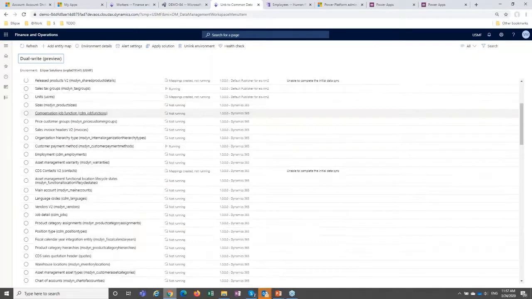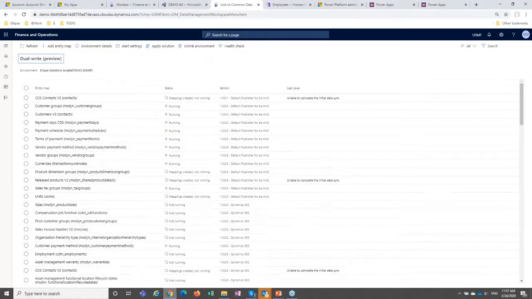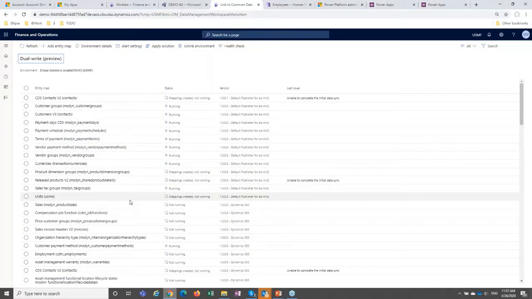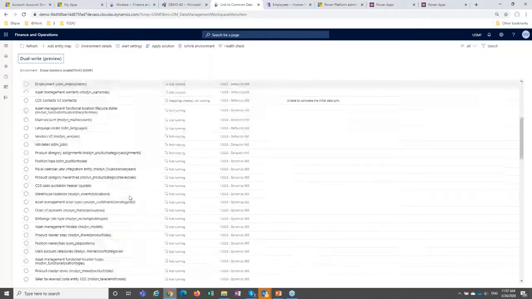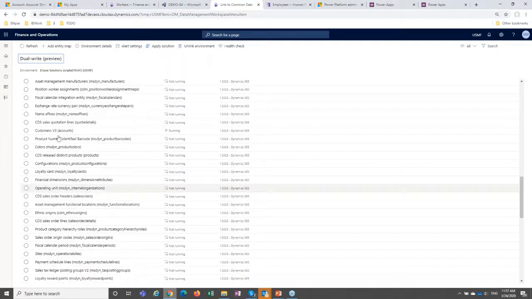Because all these data entities are involved in multiple synchronization scenarios, where it's not just one table to one table, it might be a scenario like a prospect to cash scenario, which is also supported by dual write now. So what I was going to demonstrate for you today here is just a simpler scenario. It's just a customer, but the customer is not a simple data entity. It refers to many other tables.